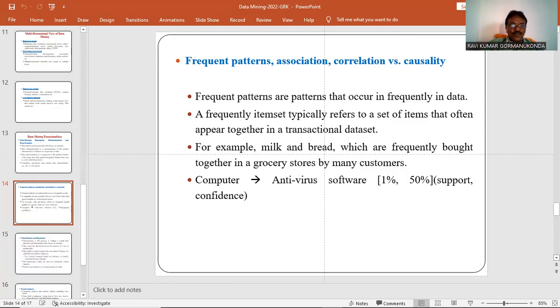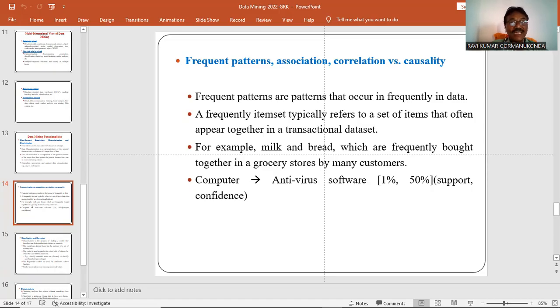So this is an example of data analysis where support and confidence metrics are satisfied. Here, 1% of customers taking both products together is called support. So computer and antivirus software purchased together is called the support metric. In the analysis of data from customers visiting the supermarket, 1% of customers purchase both computer and antivirus software together.